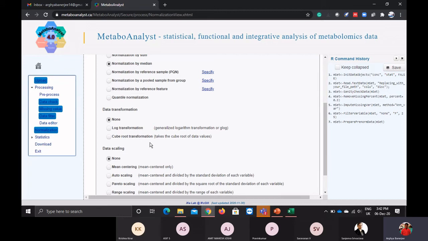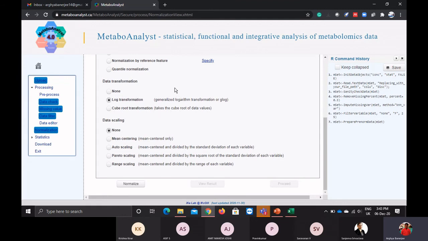Now if I come to the data transformation, I have the mass spectrometry values in the units of 10 to the power 6, 10 to the power 7. Those are huge numbers. How am I going to read them? I will generally do a log transformation. My log transformation will scale my data to a 2-digit or 3-digit number rather than 10 to the power 6, 7, or 8. This is one of the benefits of the data transformation. So data analysis becomes very easy.